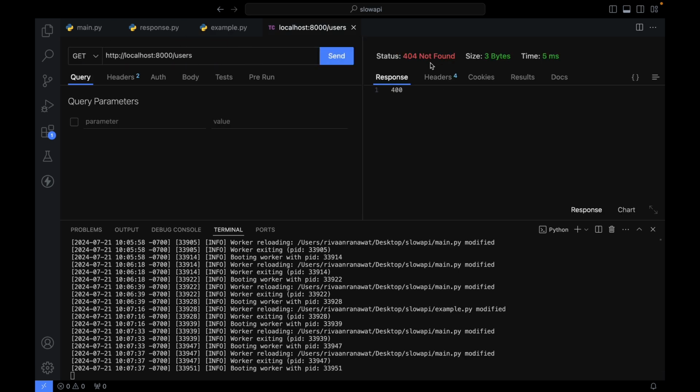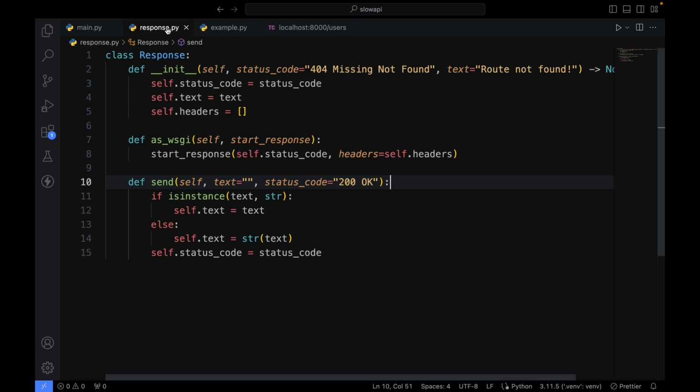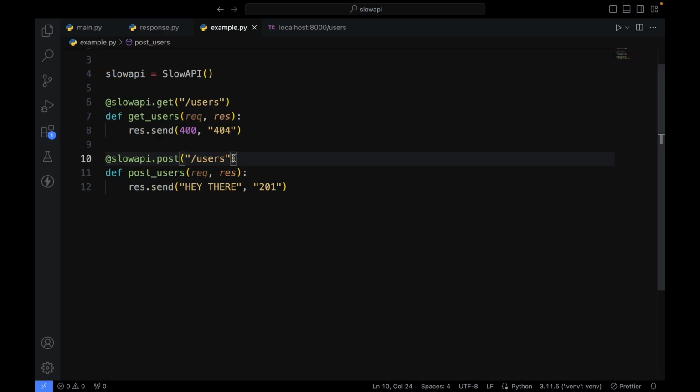I get the 404 not found and 400 response. After that, I'm going to click on post, click on send, and we get 201 created. That means everything's working fine. Now the last change that I want to make for this simple routes is the user shouldn't always mention a